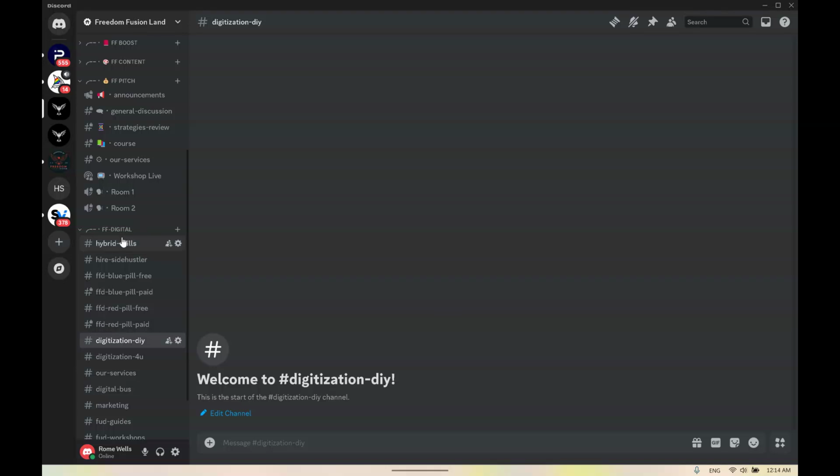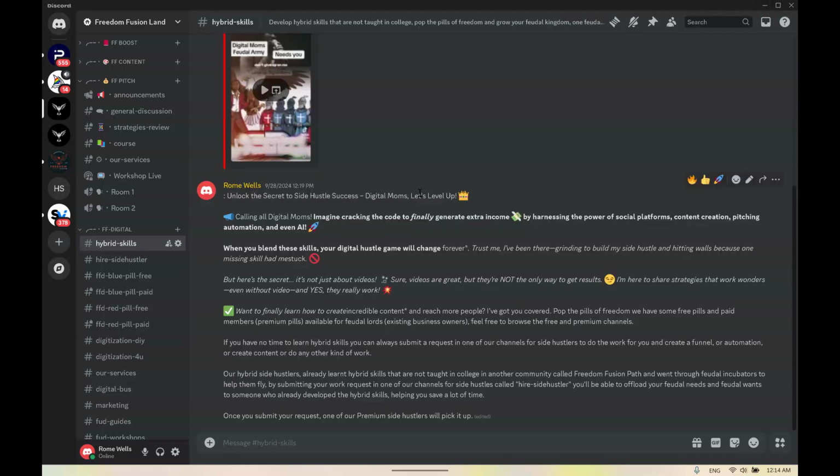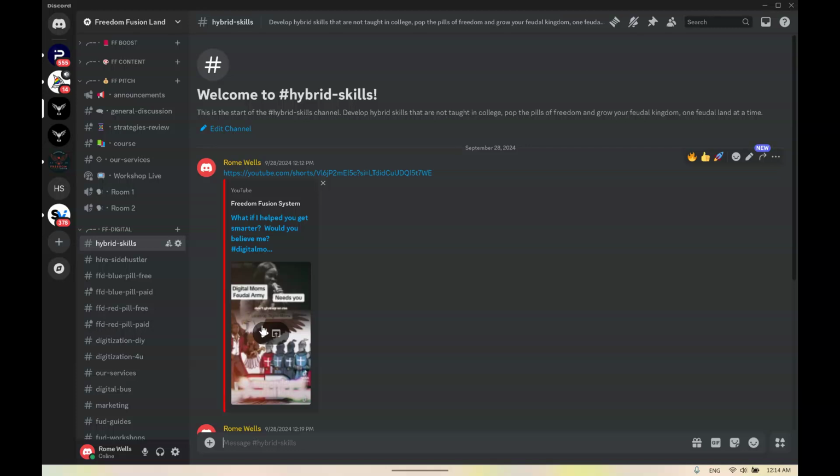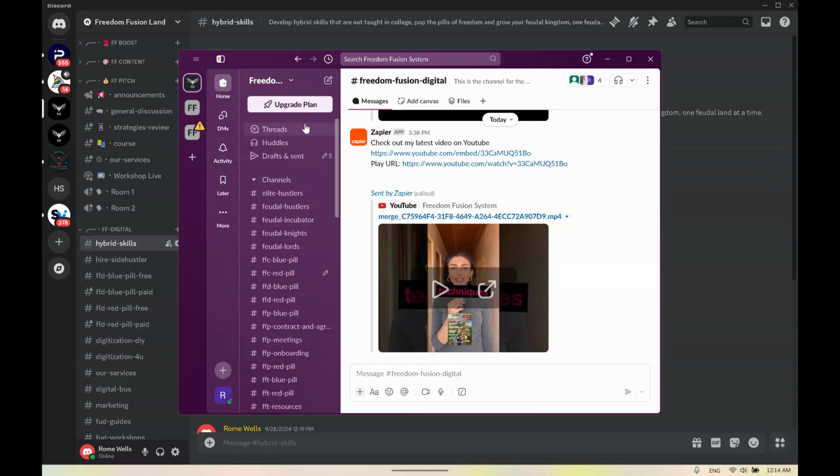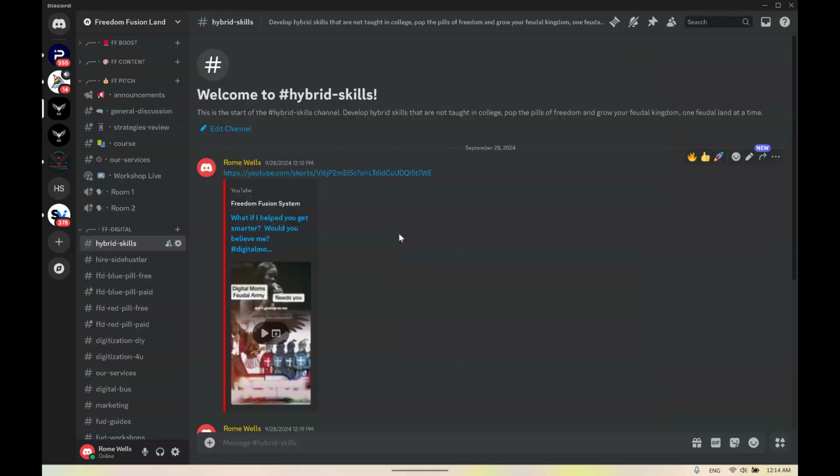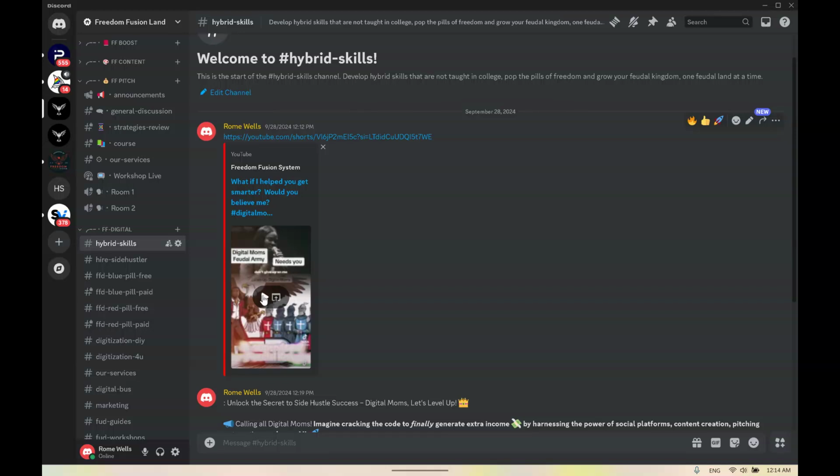To make that a reality, as part of my Feudal Kingdom Academy, I drop the pills of freedom. Those pills of freedom are being dropped automatically into Discord. The first thing that's going to happen is you're going to join Slack. Inside of Slack, if you do decide to join Feudal Kingdom Academy, you get onboarded through Slack, and then eventually Slack is used for internal purposes, for onboarding and whatnot, and then you're going to get access to Discord. In Discord, the pills of freedom are constantly getting dropped. Here's an example of God,